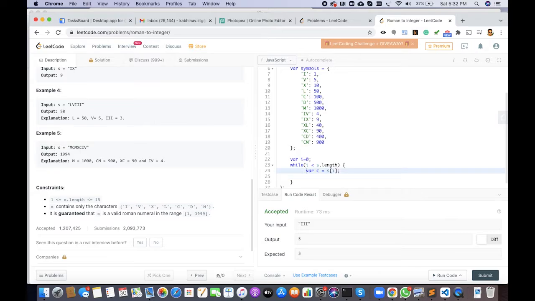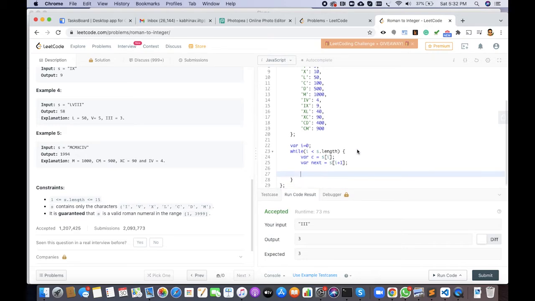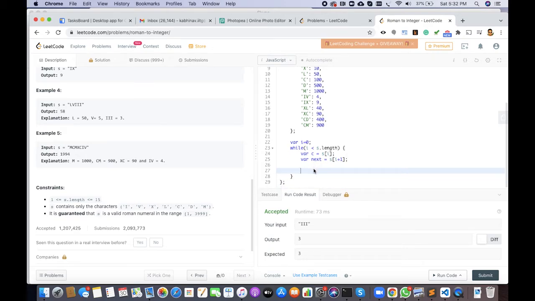And next we will also have s[i+1]. We'll have both the values. Why? Because when we encounter C, we need to know whether if we combine the next character it makes CM, right? We have to make sure.